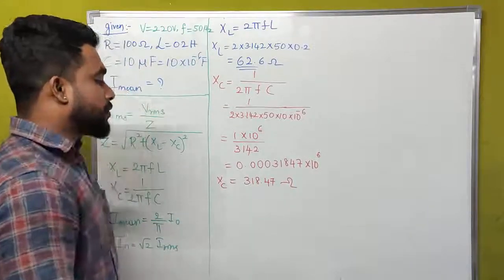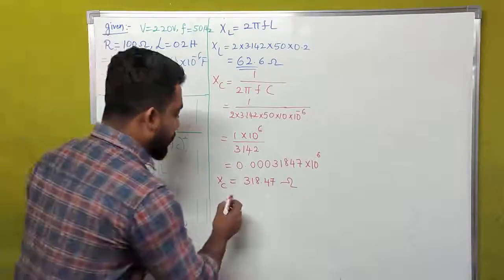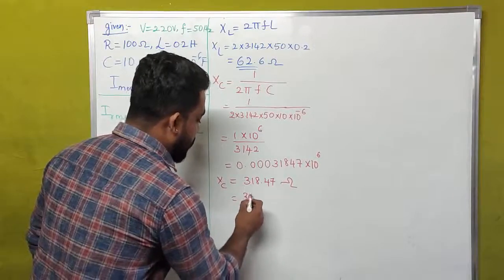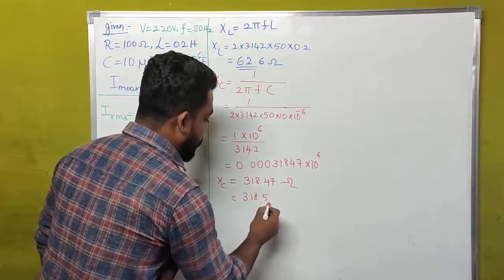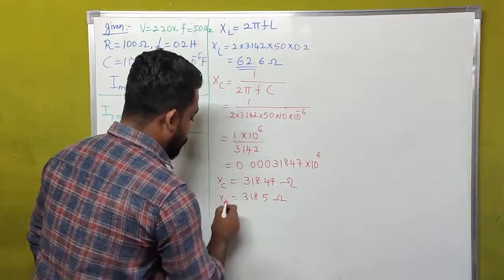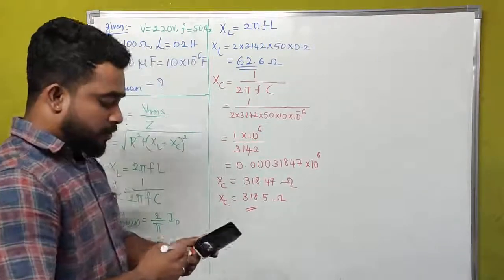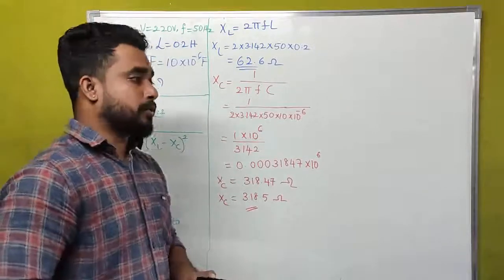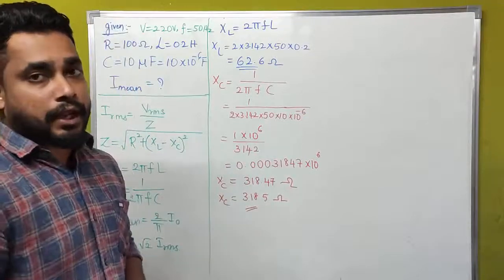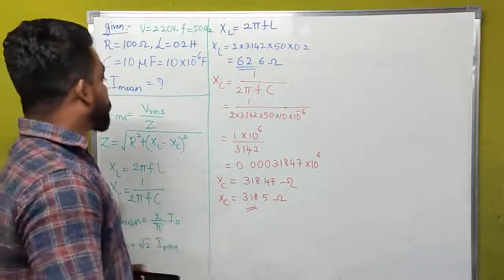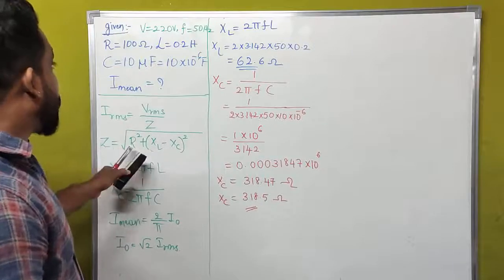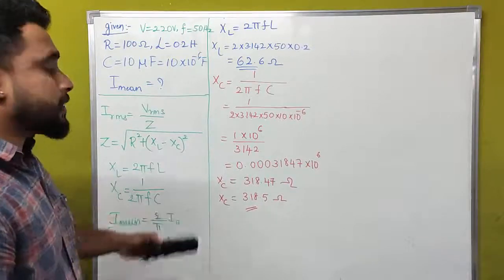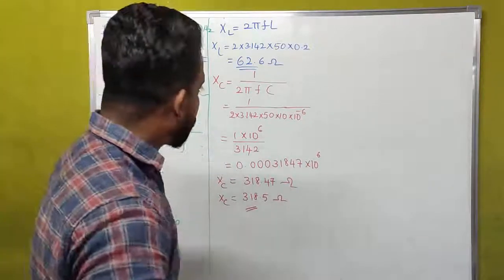That is Xc is equal to 318.47, or you may write this as 318.5 approximately. Xc is equal to 318.5 approximately. We can write the values like this. Now what we have to find is Z. We know the value of R, XL and XC here. Then what we will get is